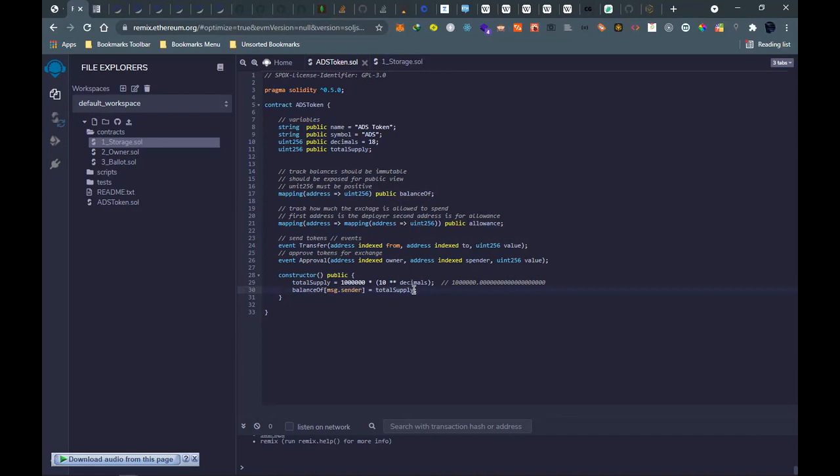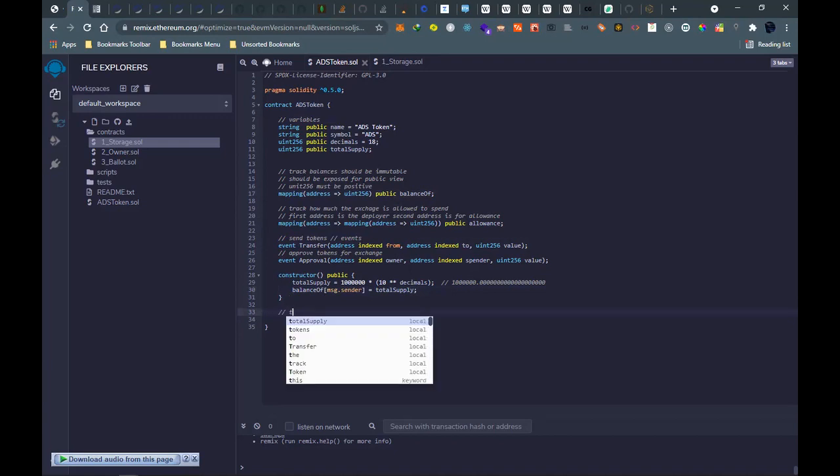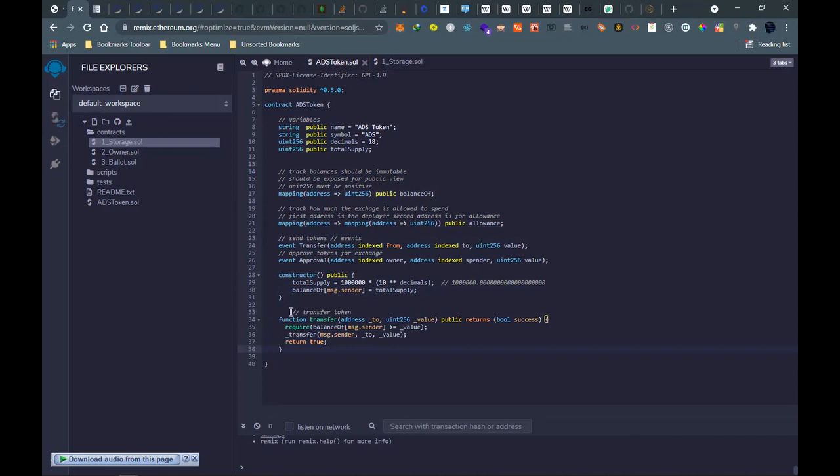Then we have the actual function that does the transfer. So we have the function transfer. Function transfer is the actual function that does the transfer of the token.